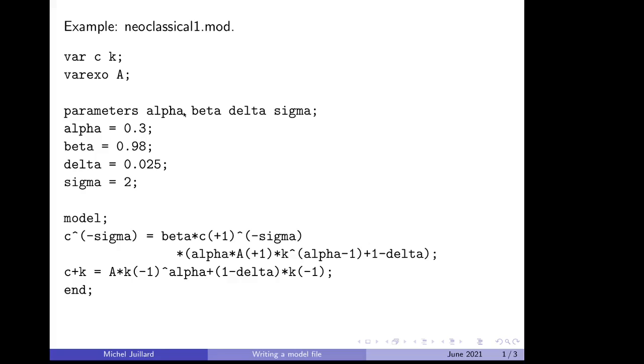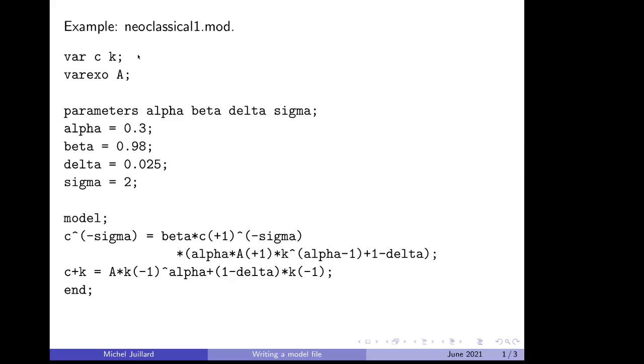In order to use Dynare, you need to write the model in a text file. For our example, I have written it in the file neoclassical1.mod. To do that, I use the text editor of Octave. That is perfect for this task. You can, of course, use in the same way the text editor coming with MATLAB.